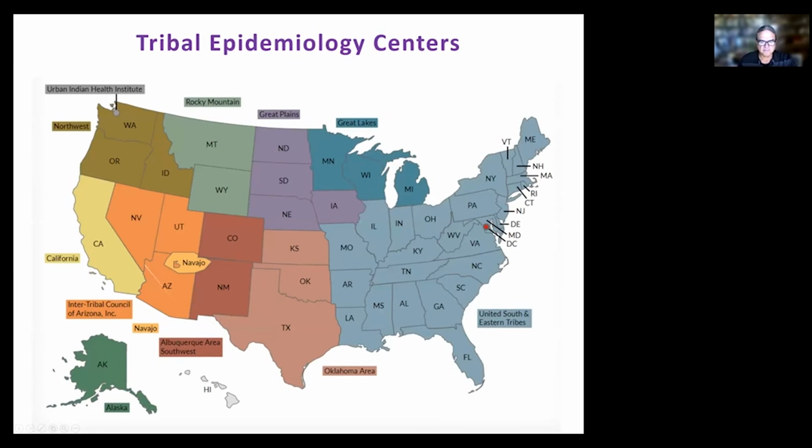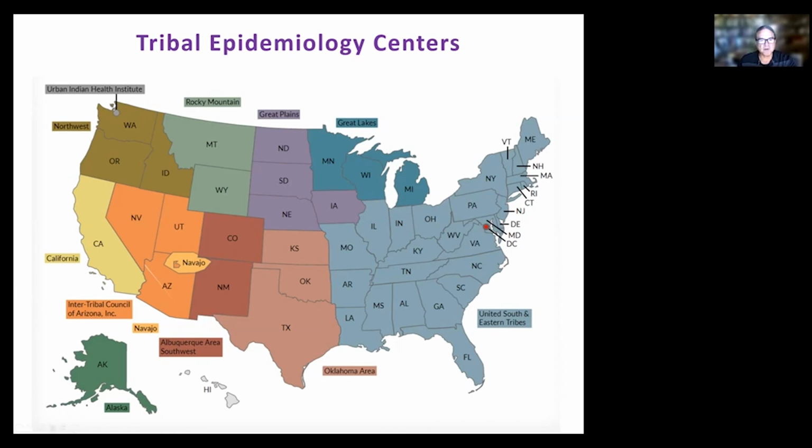Another point to keep in mind is that we do have a network of tribal epidemiology centers, and there are 12 of them located across the US. Most of the regions of the Indian Health Service have a tribal epidemiology center, and they have had various success in terms of accessing data from the Indian Health Service, data from tribal sources, and CDC data, and trying to compile those data with the purpose of developing and testing programs to improve outcomes and reduce disparities.